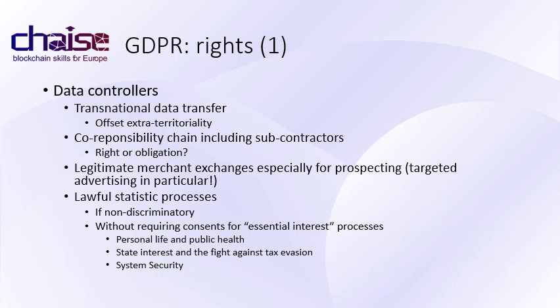Of course, this can be seen as a right. I can decide that I am not accountable for my subcontractors as I cannot fully control them. But this can be also seen as an obligation. If you don't want to pay for actions of your subcontractors as done, you must specify clearly their co-responsibility chain and deploy means to show that you've done the job properly.